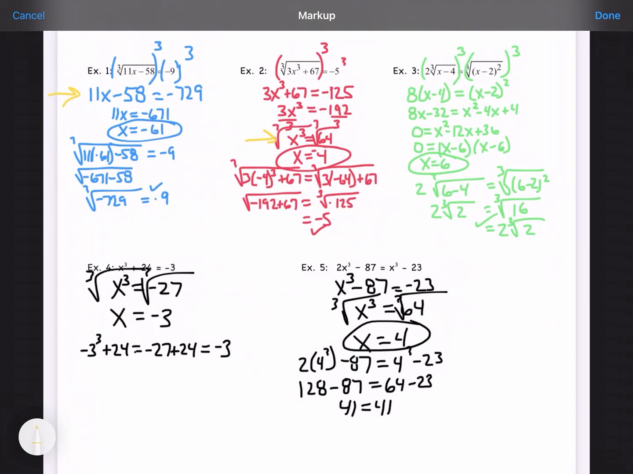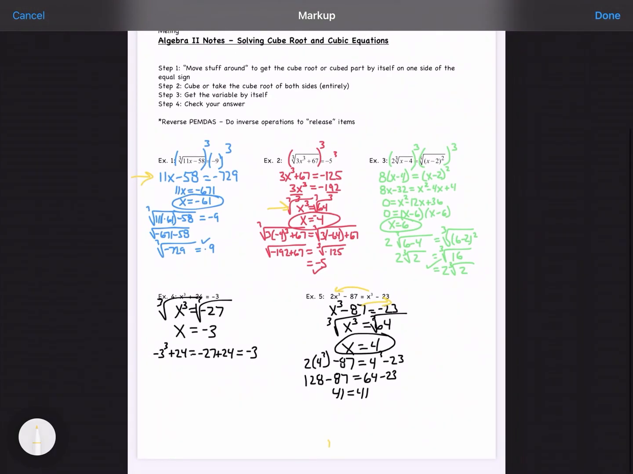And then on number 5, I subtracted x from both sides, so I took that to the other side. And then I added 87 to both sides. So I got x cubed equals 64, x equals 4. And you can see when I work it out, we end up getting 41 on both sides. So hopefully this should be something